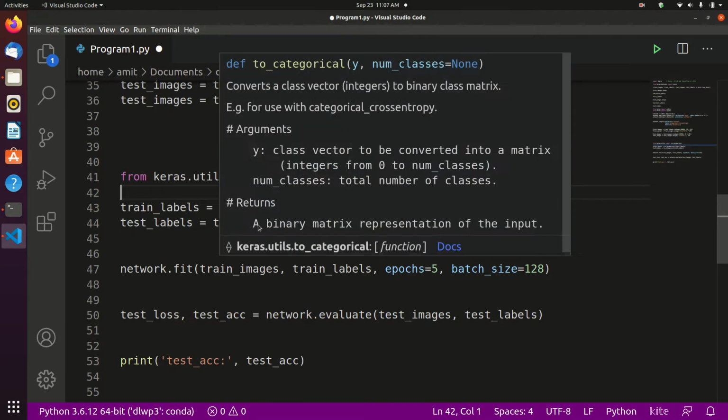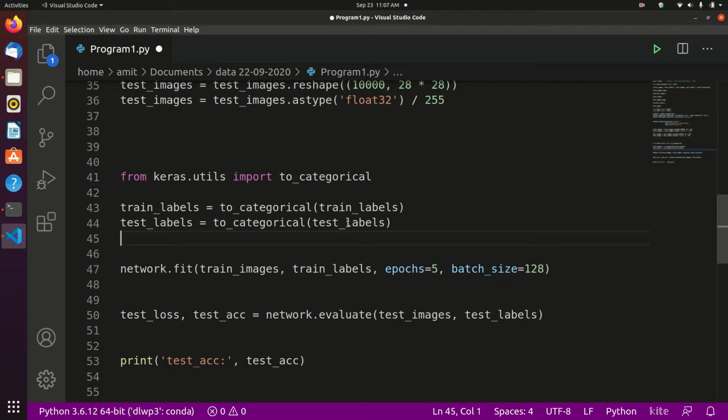We will go into more detail when we discuss this, categorical encoding of the labels basically.